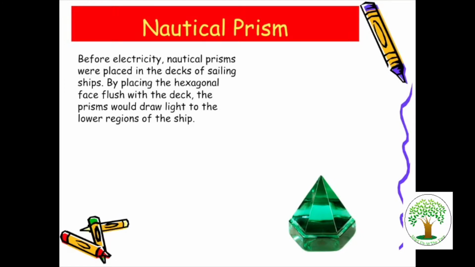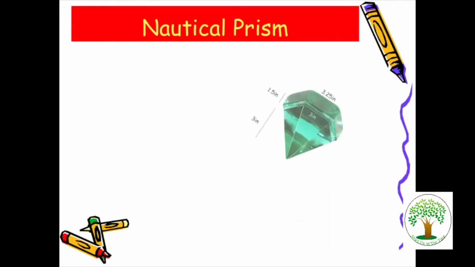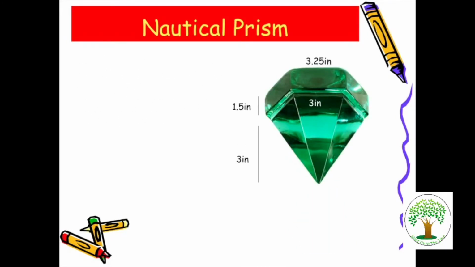So if we wanted to find the volume of this thing, you guys just watch this. You don't have to do anything with it yet. If I had one, I don't know if that's the exact shape size of this one, but if we had one that was 3.25, 1.5, 3 here, and then 3 inches here, we could find the volume. How would we find the volume of this? We'll first find the volume of the prism, and then the volume of the pyramid, and then add them together. So that's exactly what we're going to do. We're going to find the volume